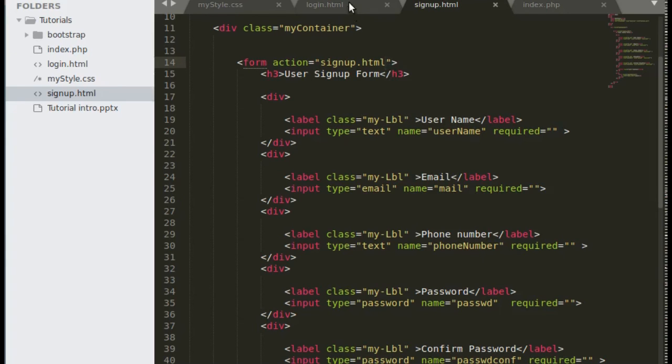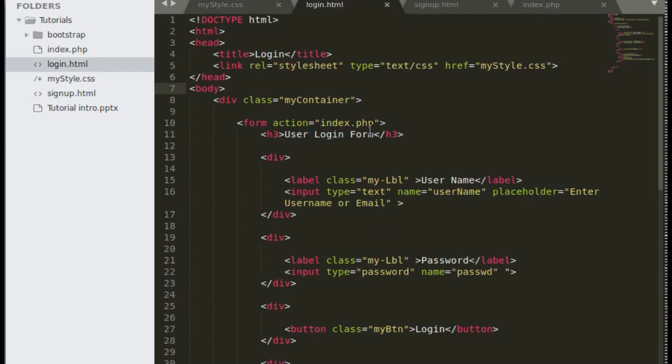And same to this other one, I'll submit it to itself, which is login.html, and I'll make these large attribute here required, both this and this. I will make them have an attribute required, and we save. Now when we preview,